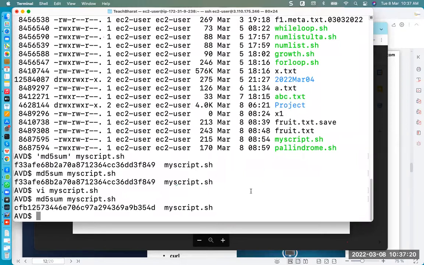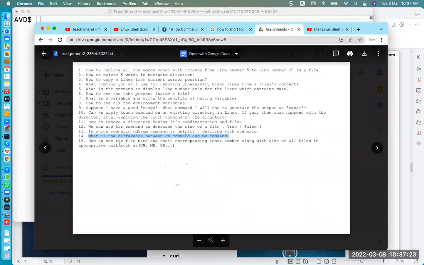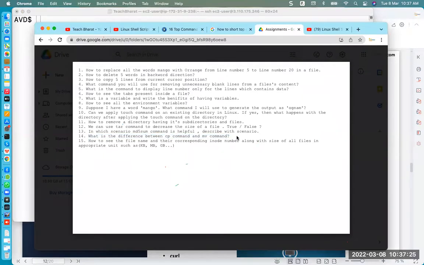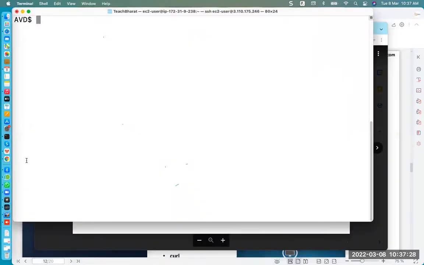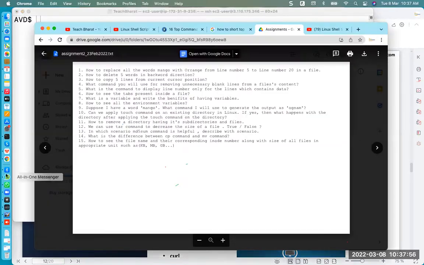ठीक है, ऐसे होता है। चलिए नेक्स्ट, what are the difference between cp command and mv command? Cp command is going to just copy the content of file, like दो कॉपी बनाएगा। और mv कमांड में क्या होता है, उसी फाइल का नाम अलग हो जाता है, रिनेम हो जाता है, मूव हो जाता है, एक ही कॉपी रहता है। और cp कमांड में दोनों का इनोड नंबर समान नहीं रहेगा, मतलब अलग अलग रहता है। बट mv कमांड में previous फाइल का इनोड नंबर नया फाइल को अलोकेट हो जाता है। ठीक है, तो ये होता है आपका cp और mv में डिफरेंस।